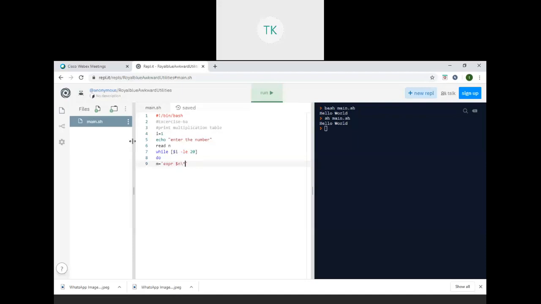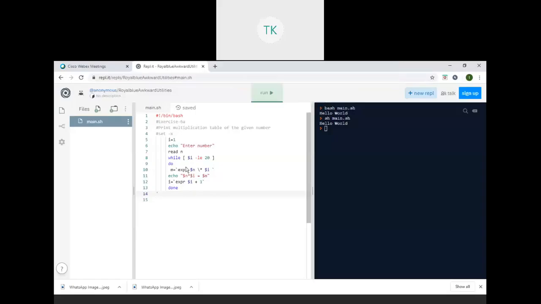So what is the purpose of this particular slash? The star we already know is a meta character. So the meaning of the meta character will be removed. You try to remember this at the beginning of your shell program, I already said.